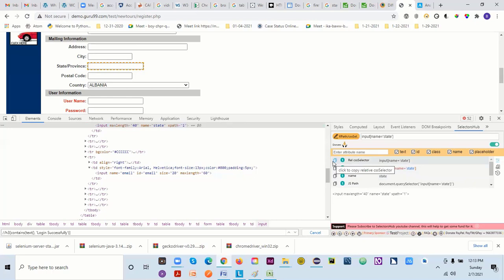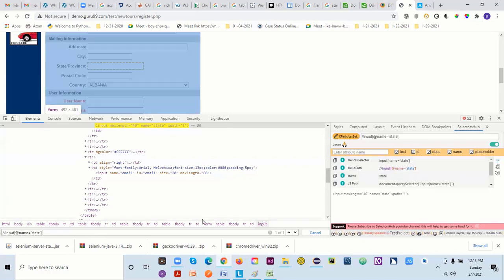But it's good to know this manually as well, because in some companies they will not allow you to use this. Even if you write the same thing here, if you know that my relative path starts with a double forward slash, and you copy and paste it here, it will give you one of one result. For this XPath, we have only one element on this page, which is this one. So initially you can take help of this, but later on try to do this manually as well.